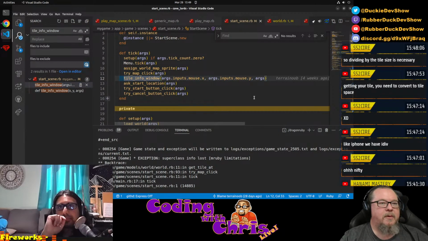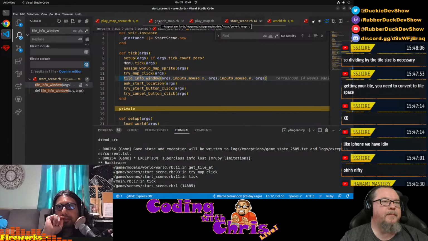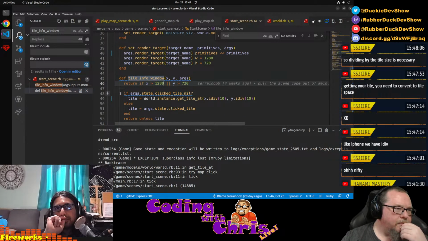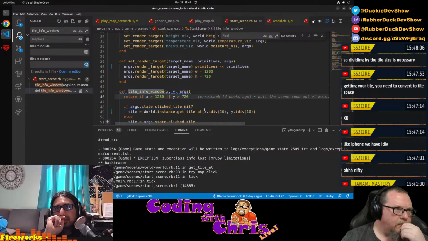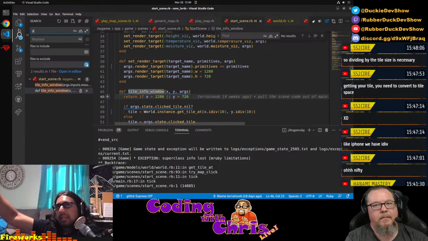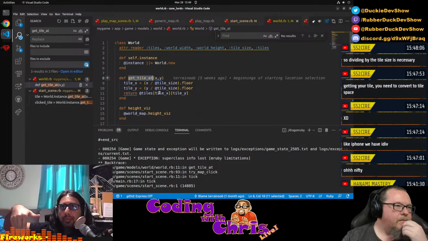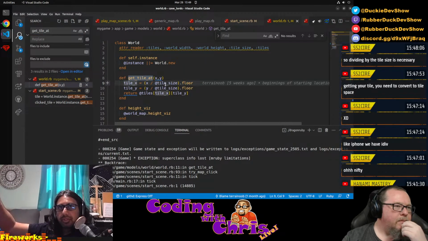Yeah, mouse X and Y. So we've got the click, and then it goes into the tile at, and what's happening is that when you clicked in the very top right quadrant, when you divide X by 10, it should go down to